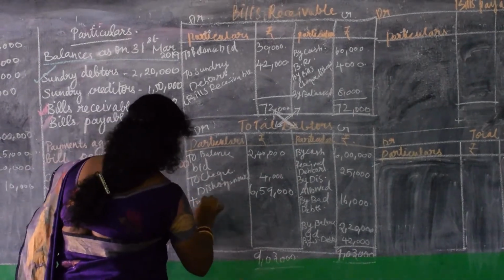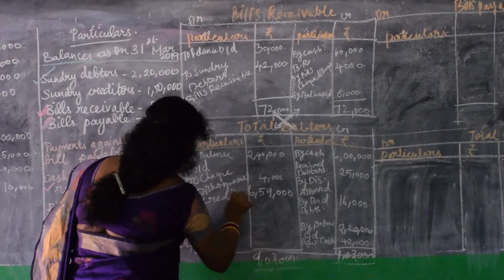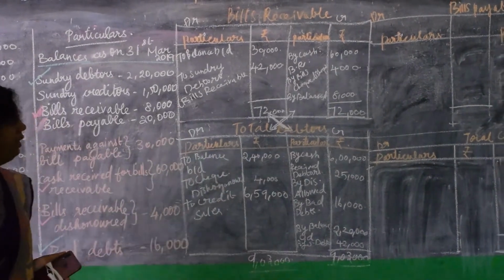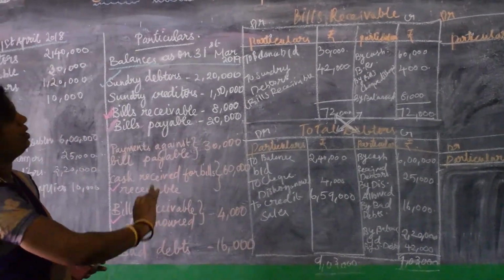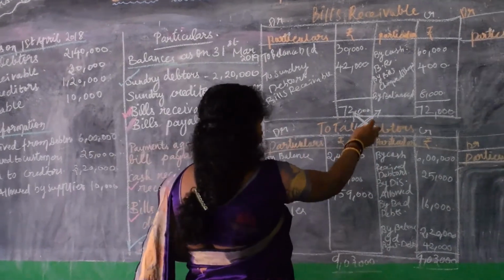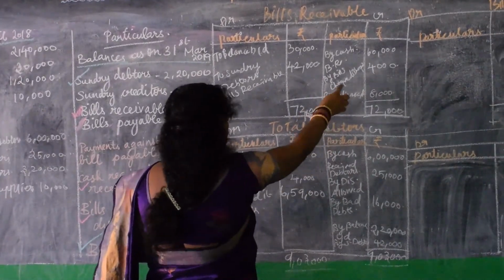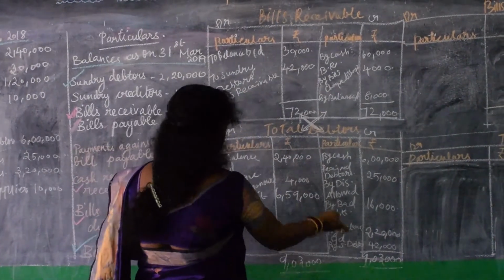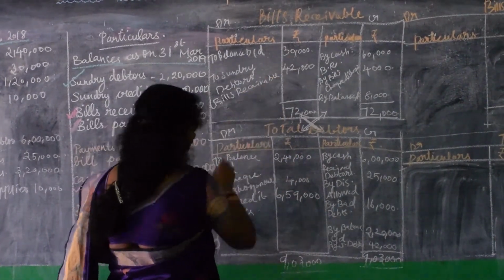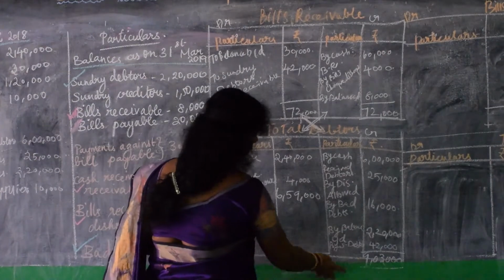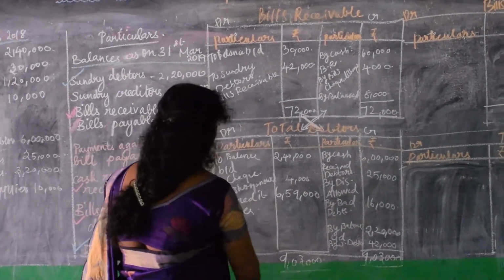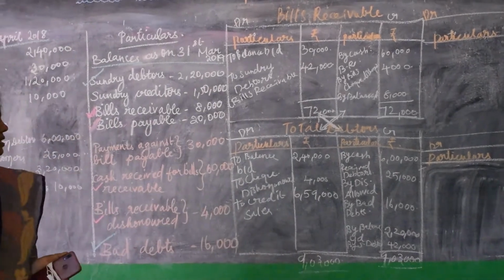Yes, this is credit sales. You clear? Everything we followed in the total debtors. This cross only keep a note of it. Bills check this on, 4,000 have returned here. This sundry debtors, what we have found out through the bills receivable, this 42,000 indicates here. Totally you get 9,03,000. The difference, this 6,59,000, indicates the total credit sales.